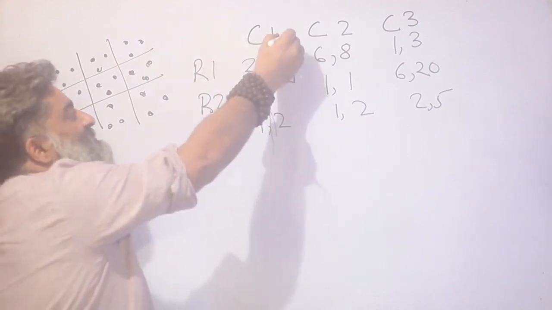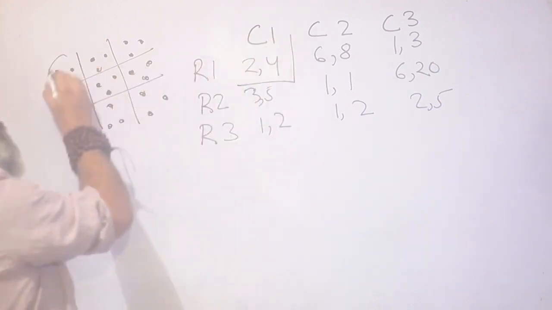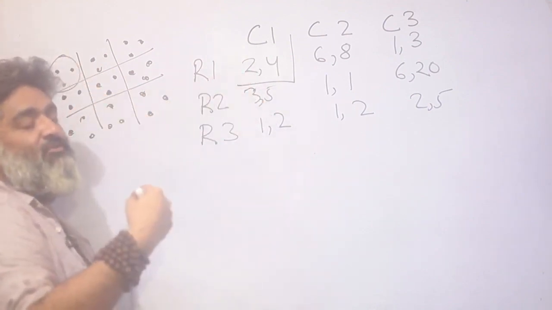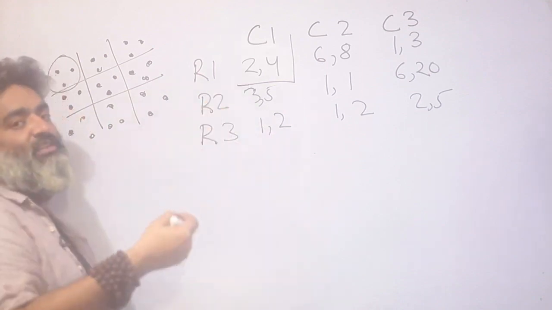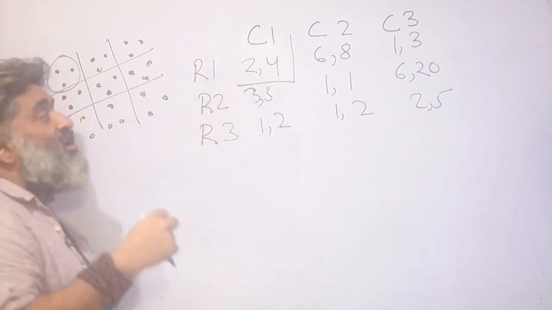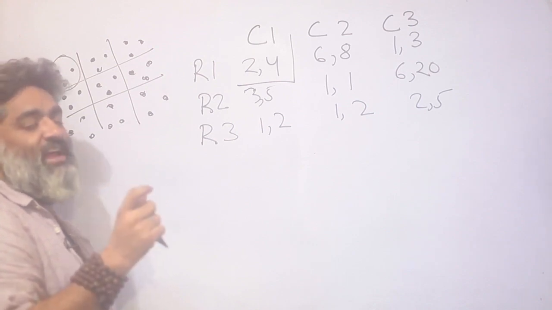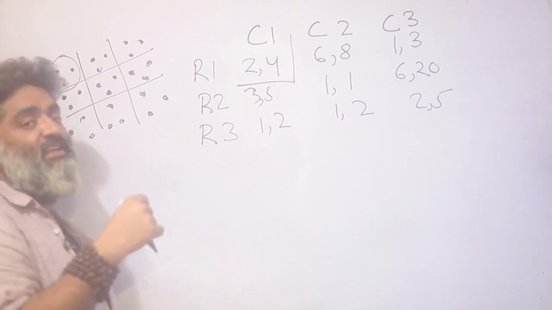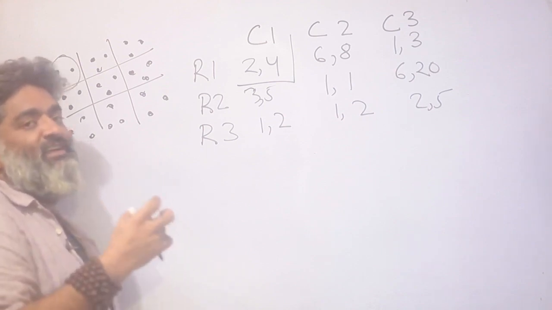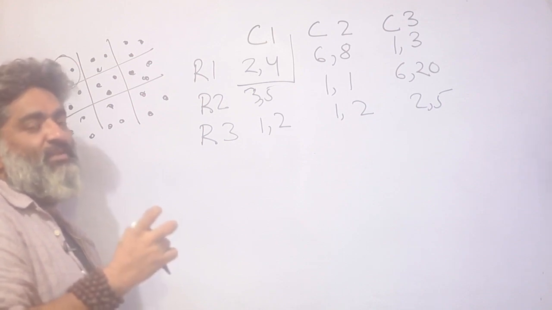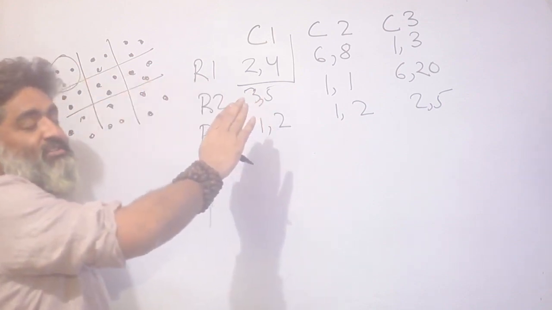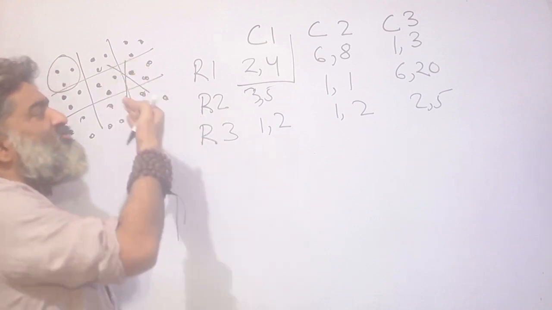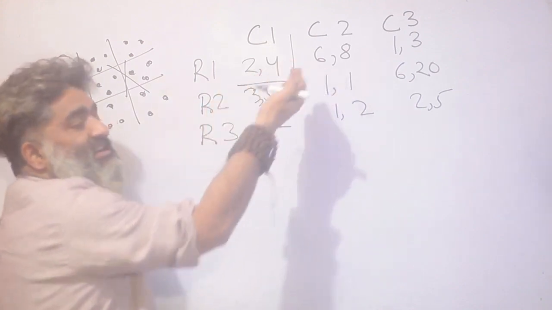If I look at this part, row 1, column 1, this tells me that the pouch with the minimum number of coins has 2 coins and the pouch with the maximum number of coins has 4 coins. The moment I look at this information, I understand that the third pouch information is not given to me, and the third pouch could be anything from 2 to 4. So this is where the uncertainty part or the possibility part is coming in. But otherwise, match the story by yourself and you will realize after a second that you don't need this diagram at all. This is just to understand the story, and this data is all I need.